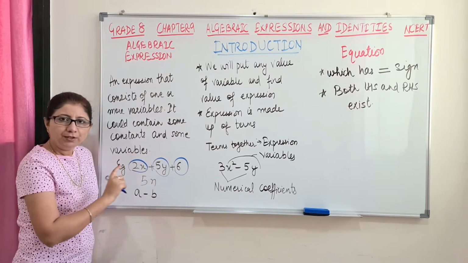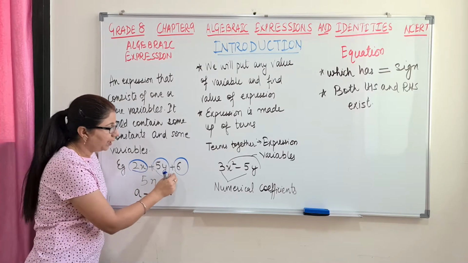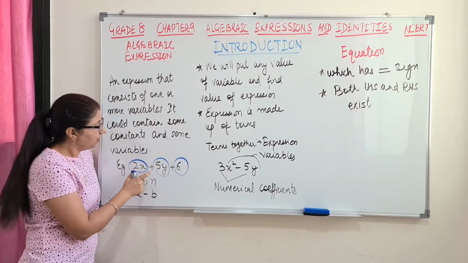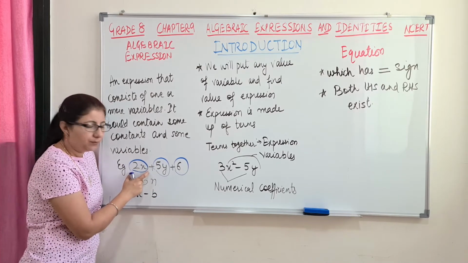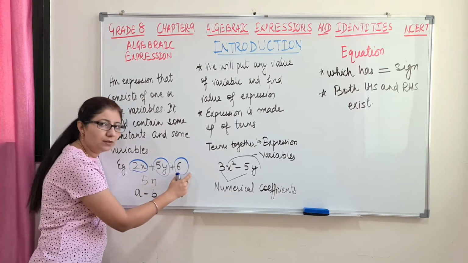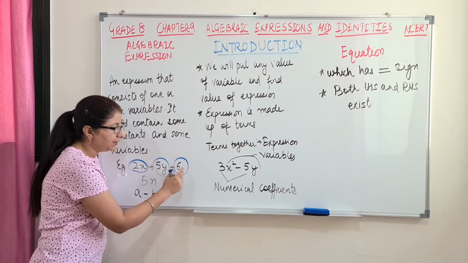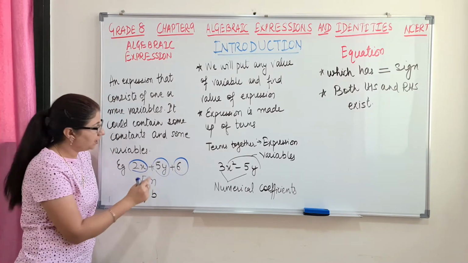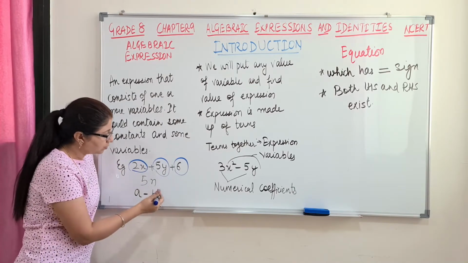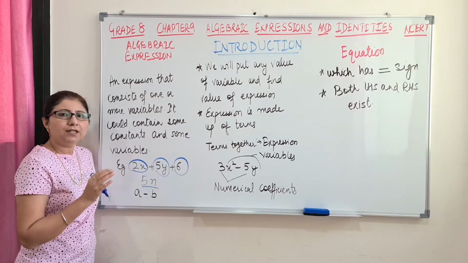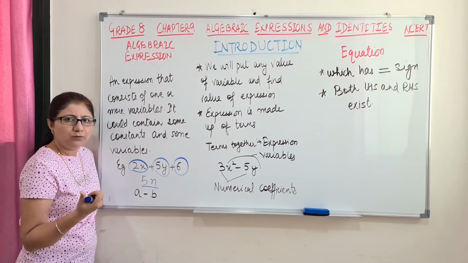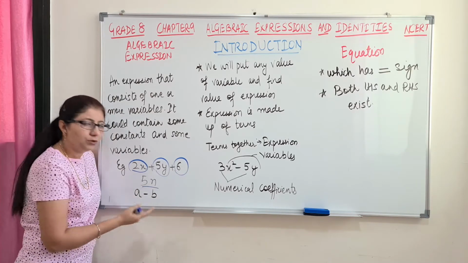So how to differentiate different terms in an expression? Whenever you have an operation sign in between, suppose plus or minus, then before that we have one separate term. So here, in between these two plus signs, we have 5y as a term, and this is our third term. So a term can be only a constant, or a combination of variable and constant. It is not necessary that we have more than one term to form an expression. We can have only one term also in an expression, or two terms.